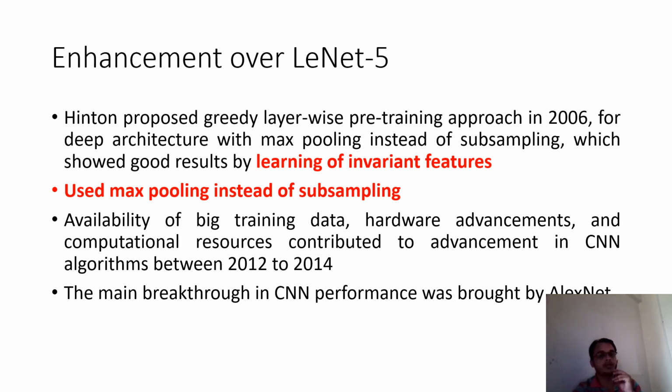These challenges were addressed by Geoffrey Hinton. Geoffrey Hinton gave another level of network with respect to learning of invariant features. Whatever features you are using should be independent of each other, so these should be invariant to each other. And they used the concept of max pooling. So using the mechanism of CNN, convolutional neural network, a first big training data was developed in 2012 to 2014, and the main breakthrough was made by the first network, which was AlexNet.